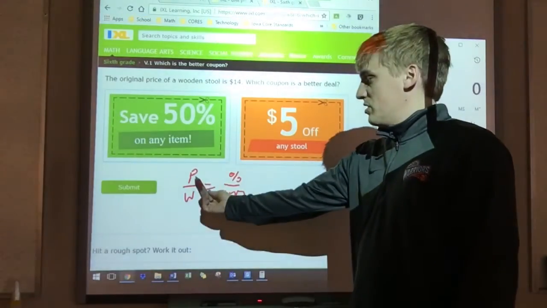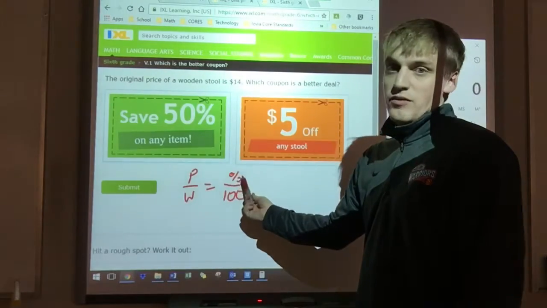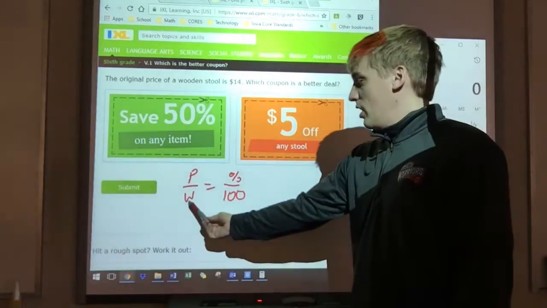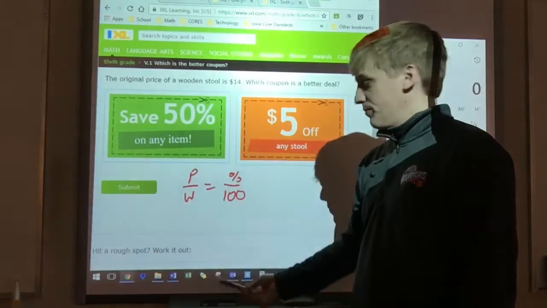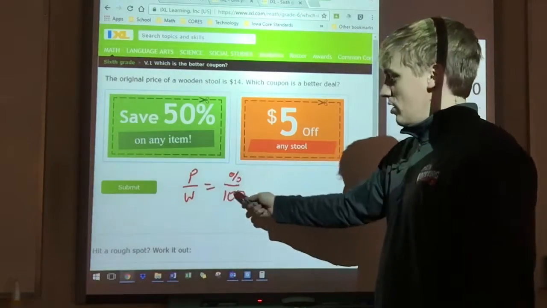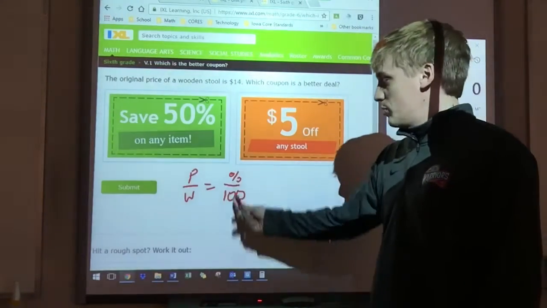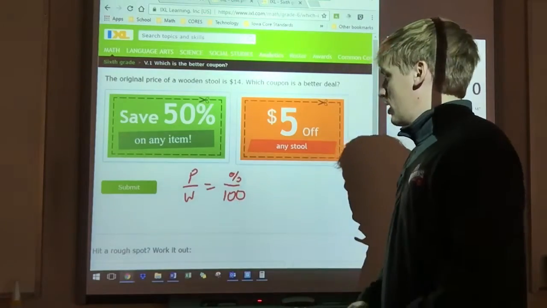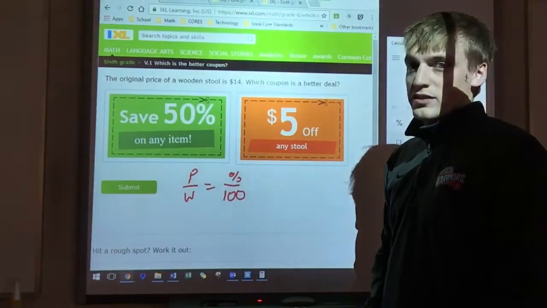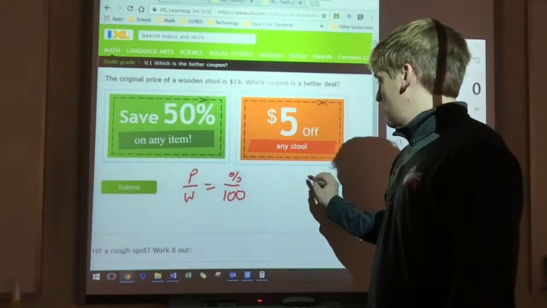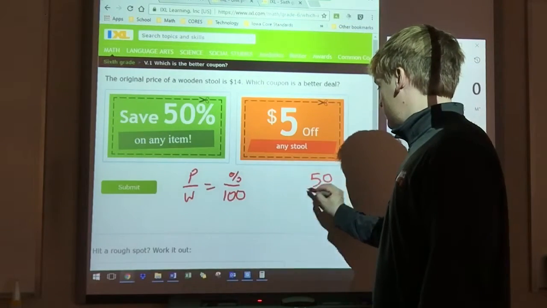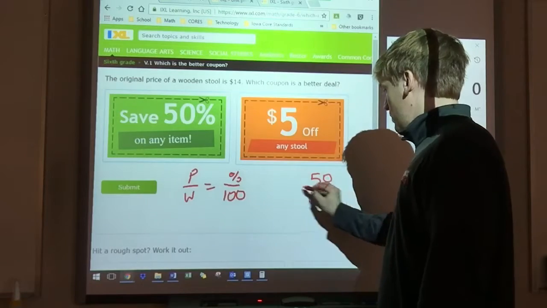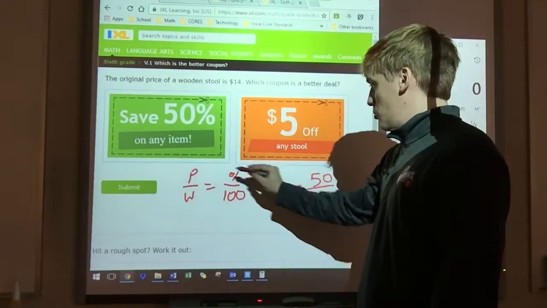Okay, the P stands for part, percentage sign obviously stands for percentage, and the W stands for whole. Okay, the 100 is written under the percent because percent actually means per 100. Okay, so if we plug in 50% into the percent over 100 equals part over whole,